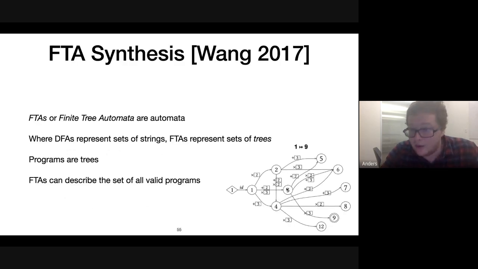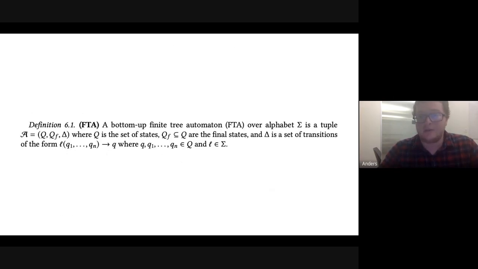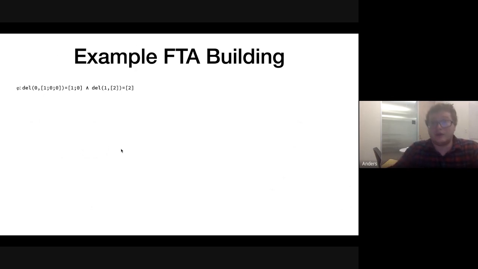So for example, right here, these are all single transitions, because this is all fixed multiplication, but you can imagine plus is a binary operation. So you want plus to take in 2 states and return a new state. I'm going to do an example building an FTA for this input-output example, specifically this one, I'm going to ignore this one.